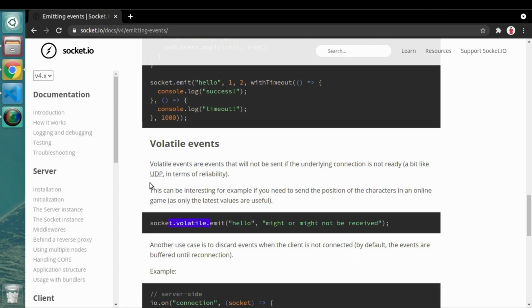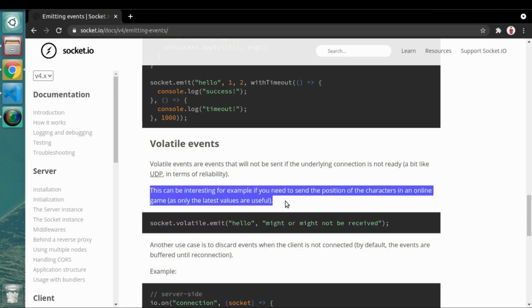They have given a really good example here, an example of a real-time game where let's say you are creating a game, and the position of a particular character depends on that particular real time. If he moves, that particular parameter is of no use. So let's say you are sending the parameters where that particular sprite exists, and due to some lag in the network, your message is delayed, the character moved to the next position, then that parameter becomes invalid, so it is of no use.